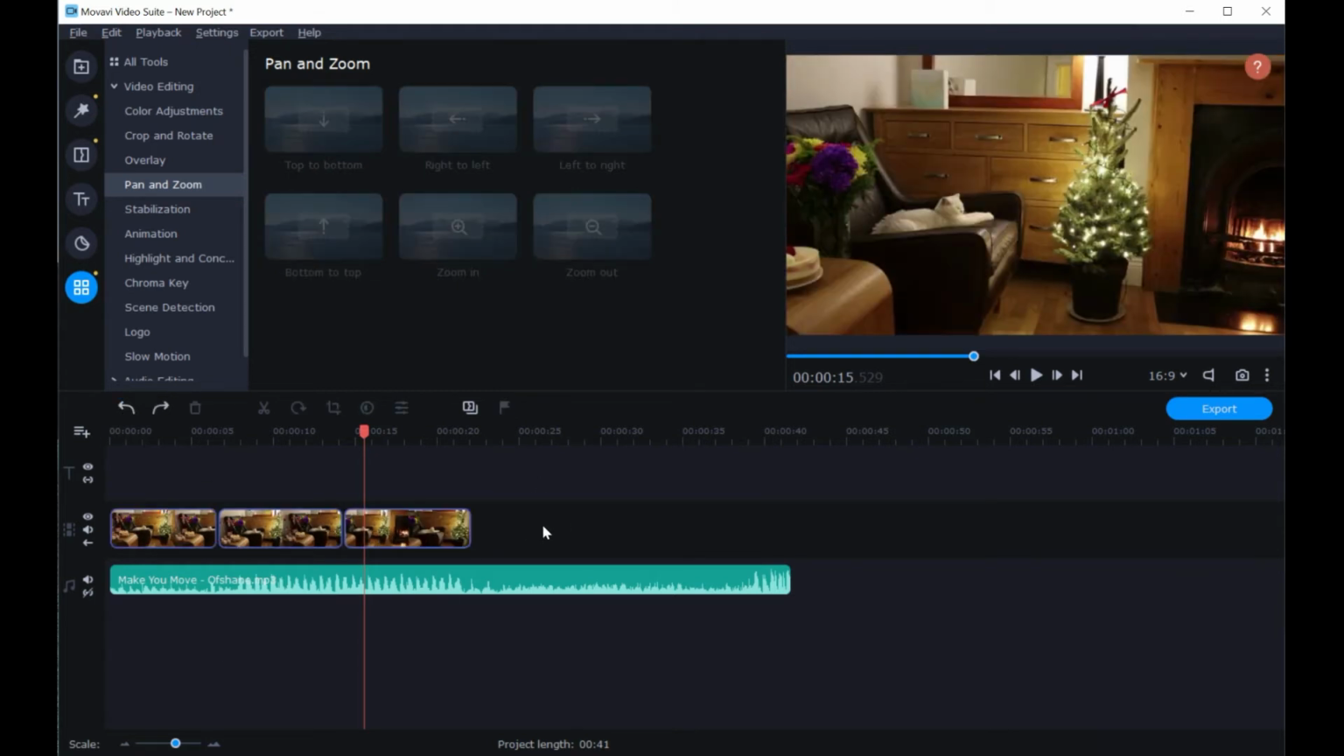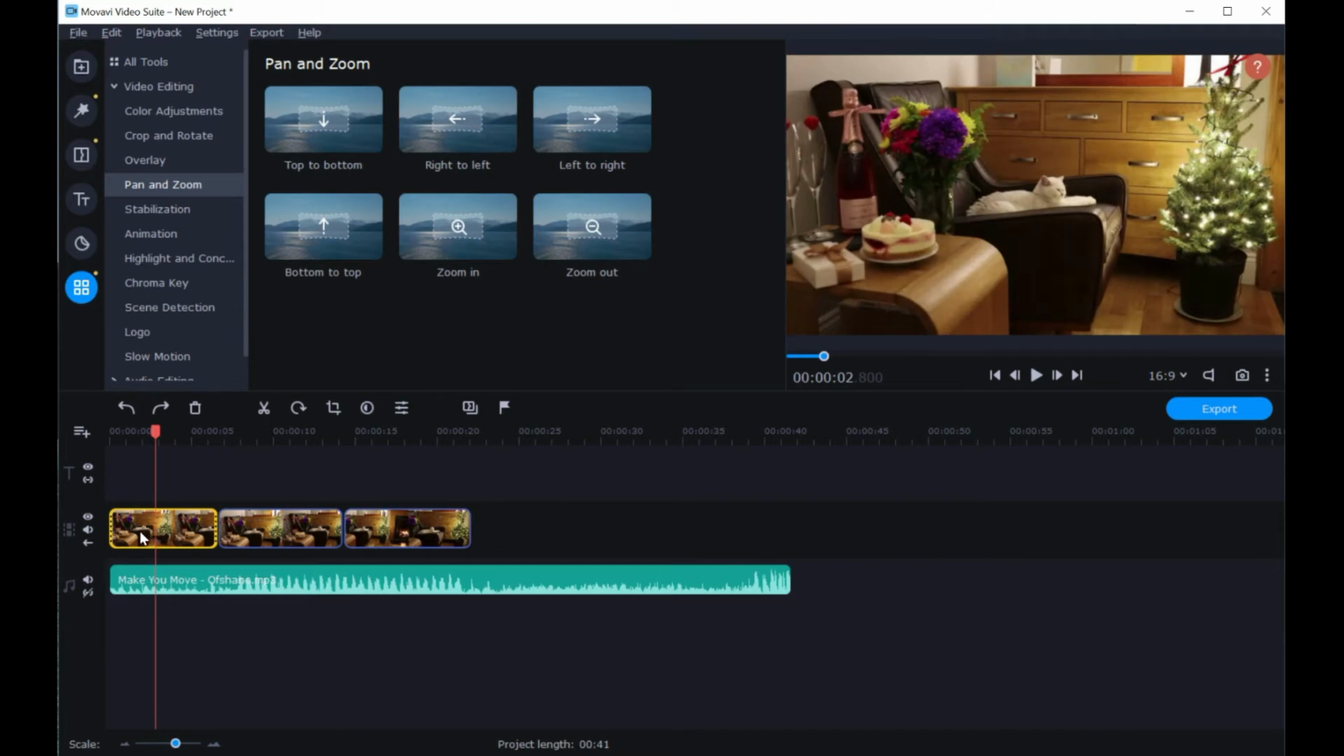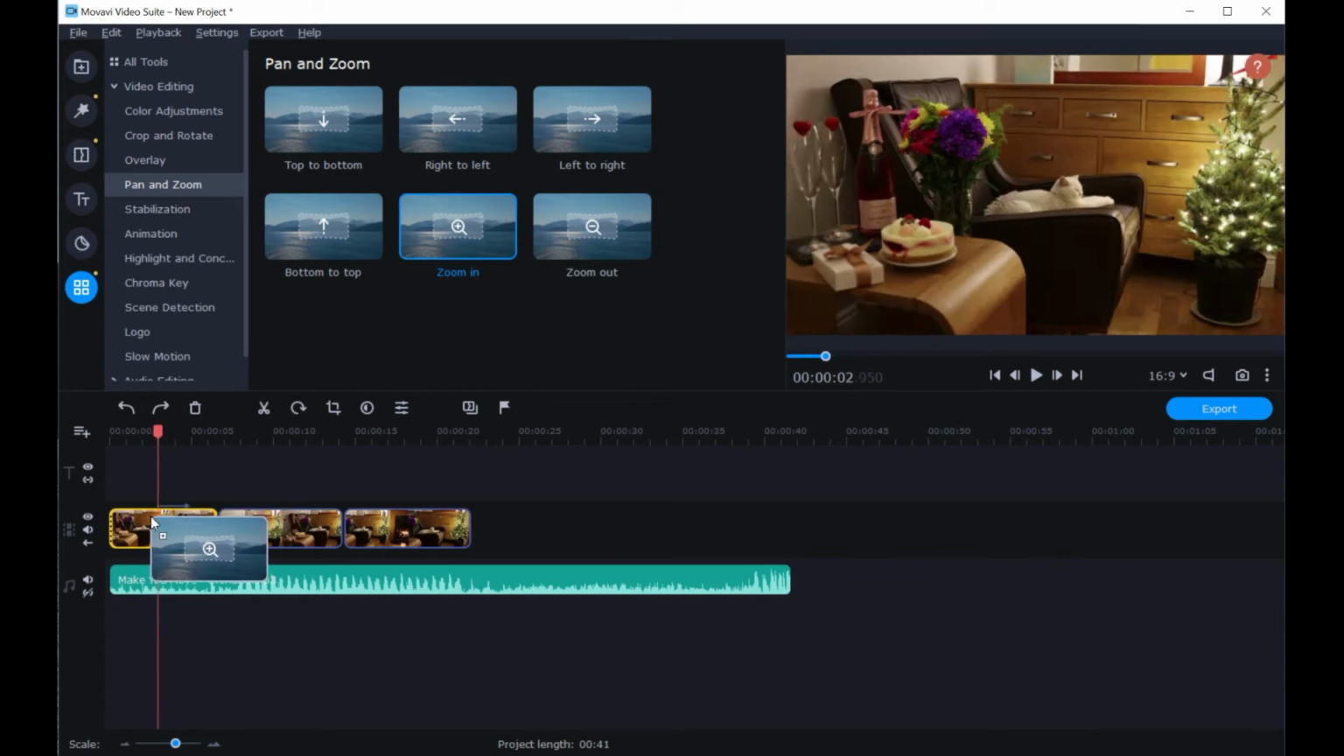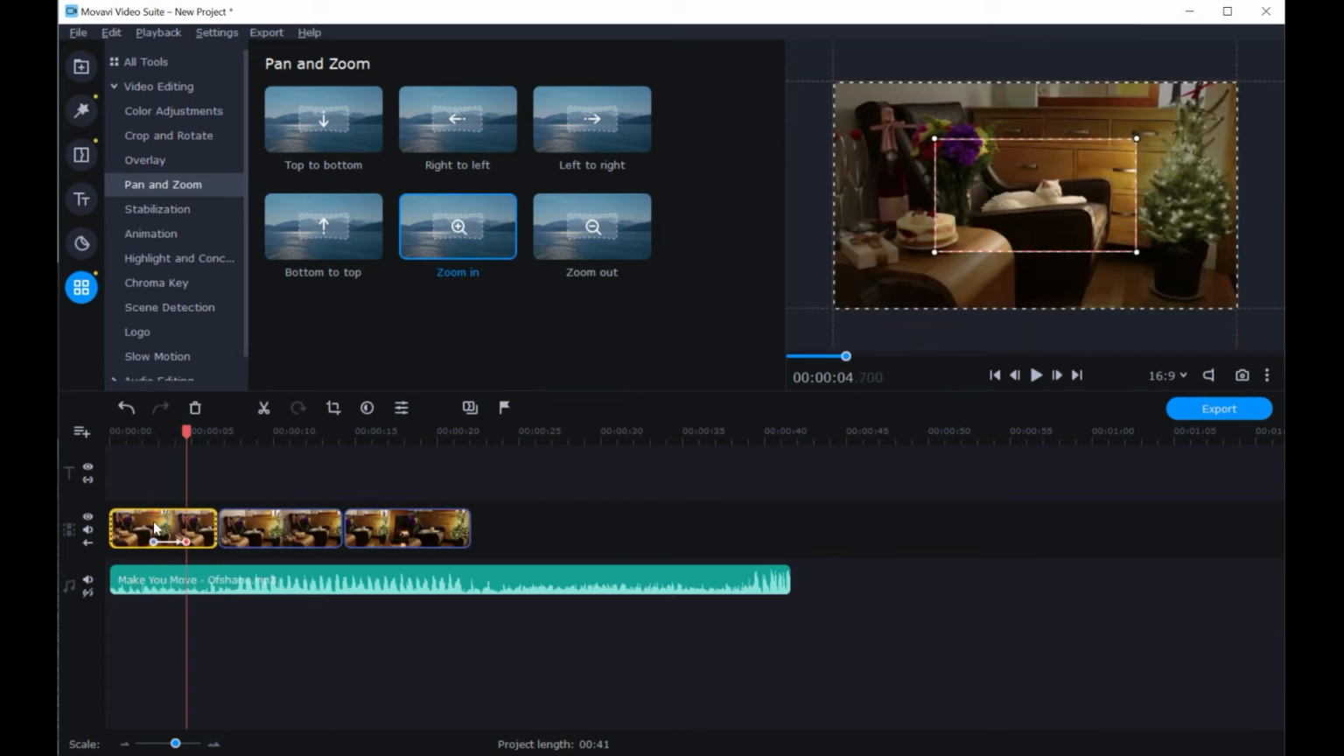So you have to highlight the clip you want to work on, and the next thing we're going to use is the zoom in. You have to select the specific place where you want it to be. So over here, you can move it around. We're going to